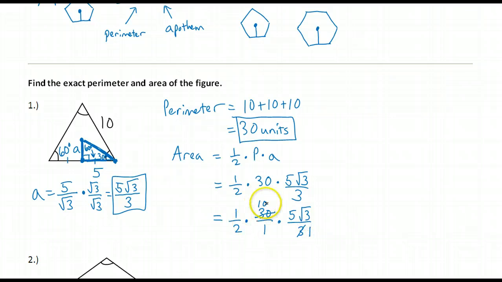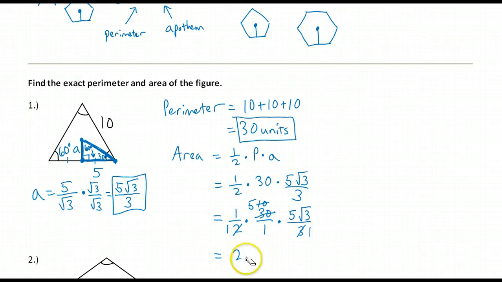Now I have a 10 in the numerator and a 2 in the denominator. 10 and 2 are both divisible by 2. So if I take 10 and divide by 2, I'm left with 5. And if I take 2 and divide by 2, I'm left with 1. So now, in my numerator, I have 1 times 5 square roots of 3, which is really